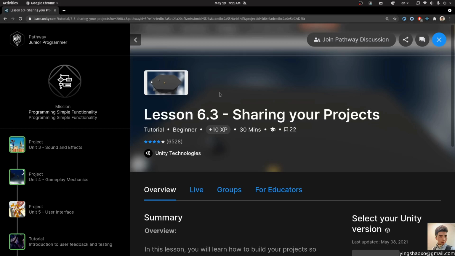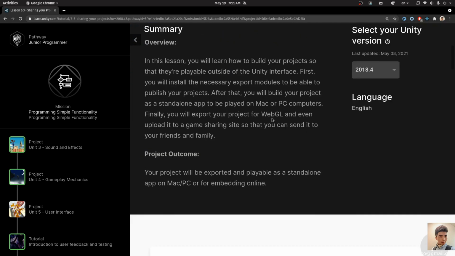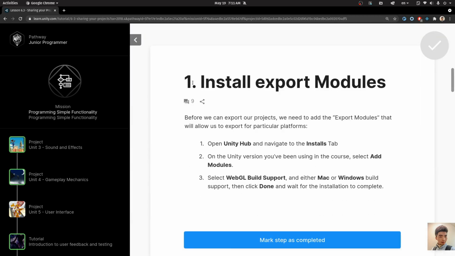So today, we're going to learn lesson 6.3, sharing your projects. In other words, it's to learn how to build your project into an application. Firstly, we need to install export modules. Before we can export our projects, we need to add the export modules that will allow us to export for